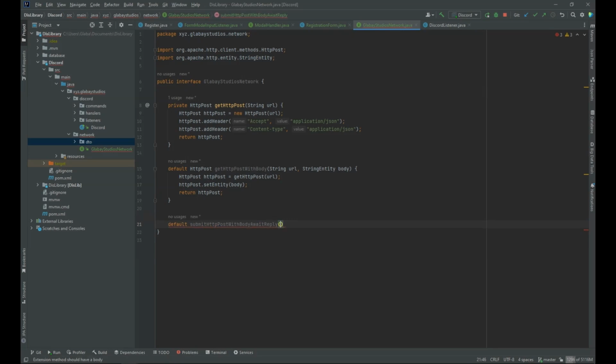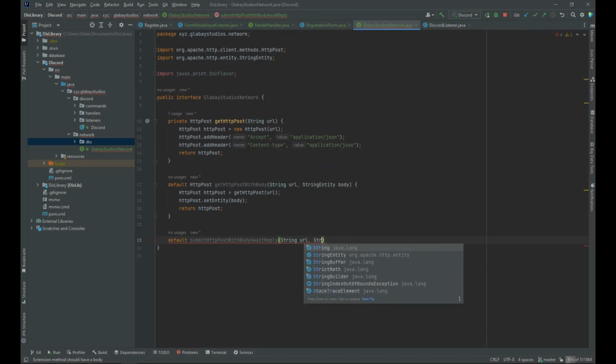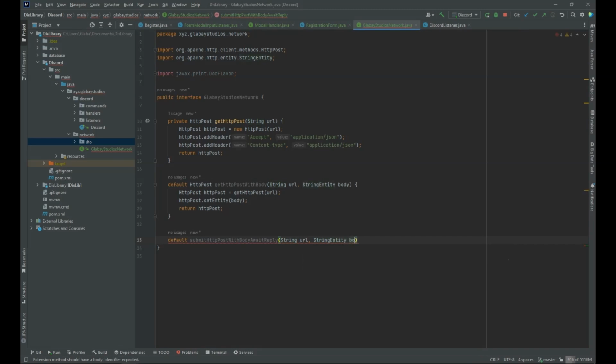So next we are going to need to take in the URL that we're looking to pass. We're going to need to take in the string entity that the user is passing as the body, and we want to have the closable HTTP client that we're going to use to submit this. So we're going to be doing it through a try with resources in our more foundational class. So for now this is just going to simply take in as a parameter the closable